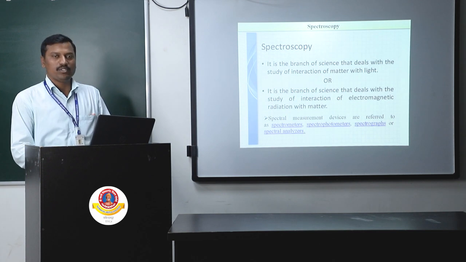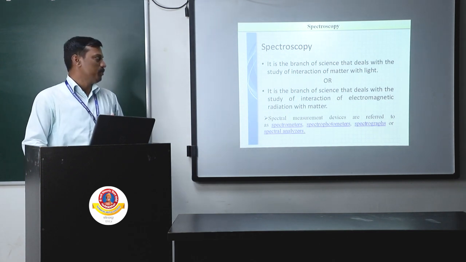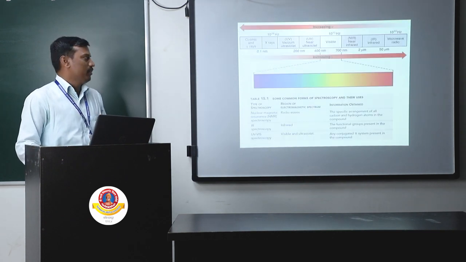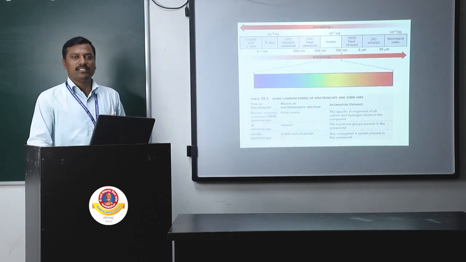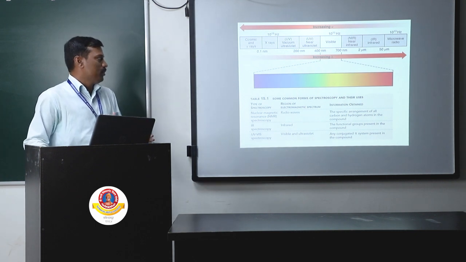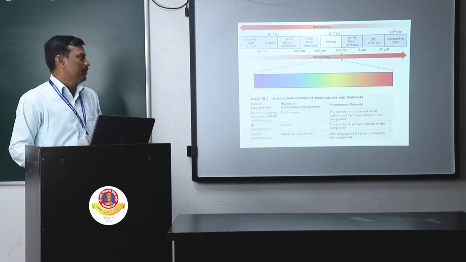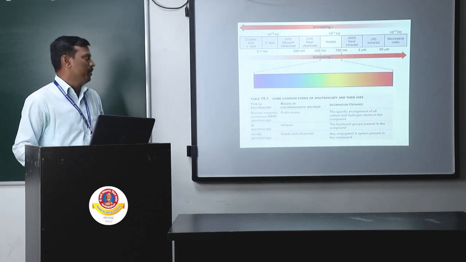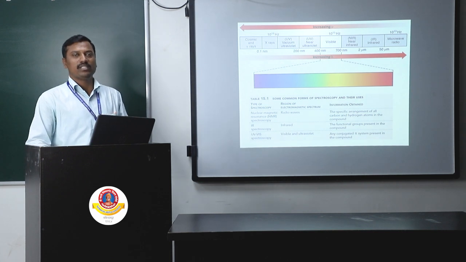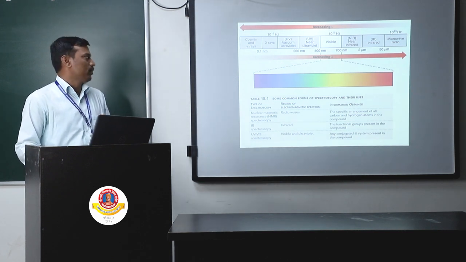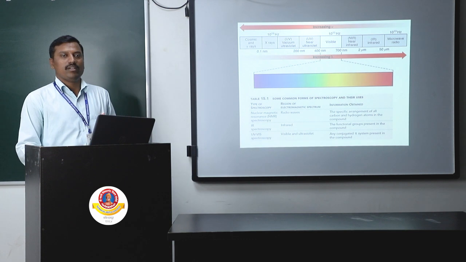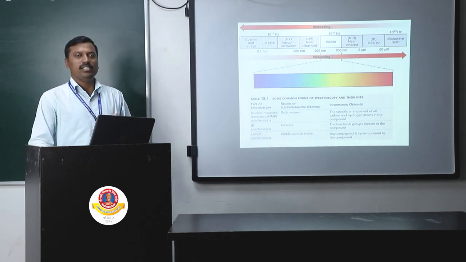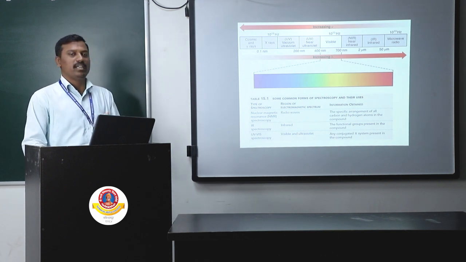So first we will see what is spectroscopy. It is a branch of science that deals with the study of interaction of matter with light. We know that electromagnetic radiations are divided into different parts: microwave, infrared radiations, near infrared radiations, visible, UV. UV is also divided into two parts, near UV and far UV, then X-ray and cosmic rays. So this is the band of electromagnetic radiations, and from these, some of the radiations are used